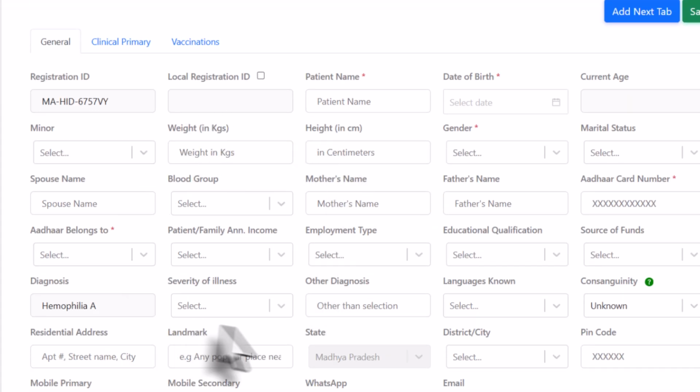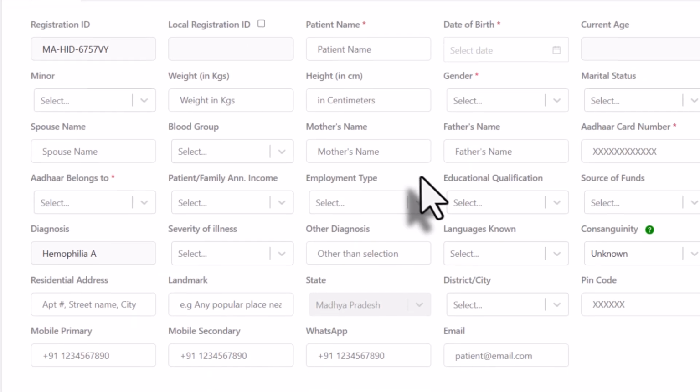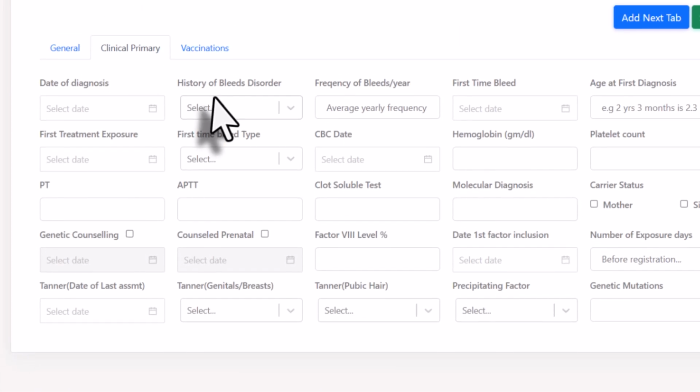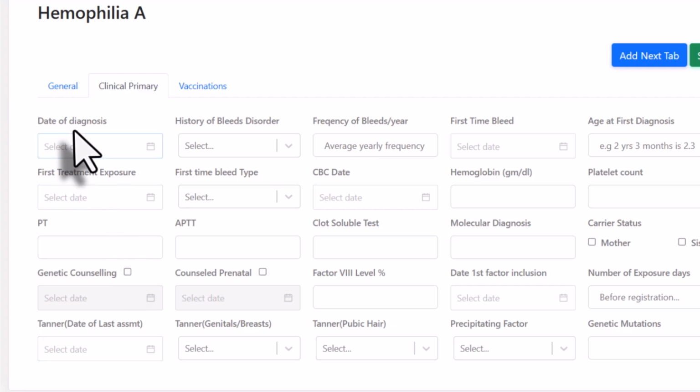But we have got many more information boxes over here which you can fill if you have those details right away. Otherwise, you can just fill all these mandatory fields and the patient will get registered. So if you see, we have got this general entry, then we have got this residential address, mobile phone, all this address of the patient. Then we have got this clinical primary. We have got the date of diagnosis, history of bleed disorder, frequency of bleeds, etc. So these are the details which you can fill if you have those details available at the time